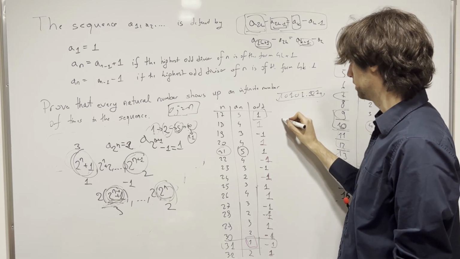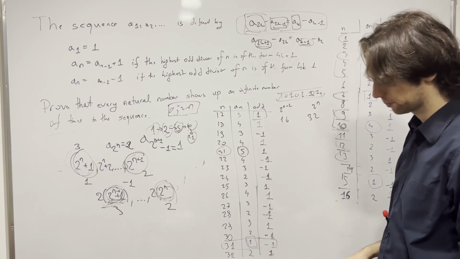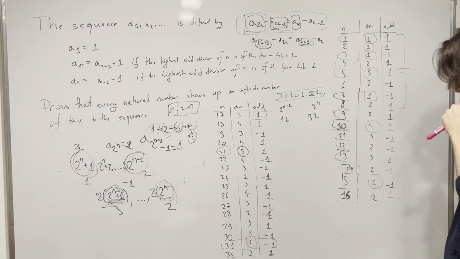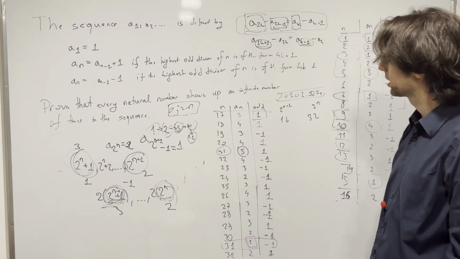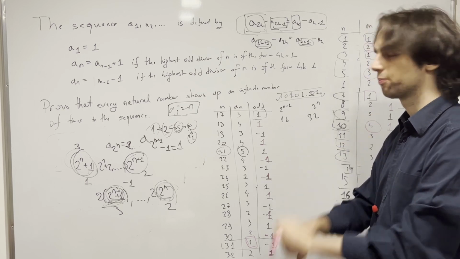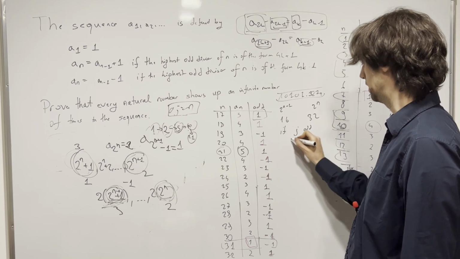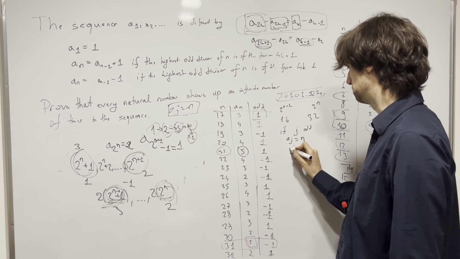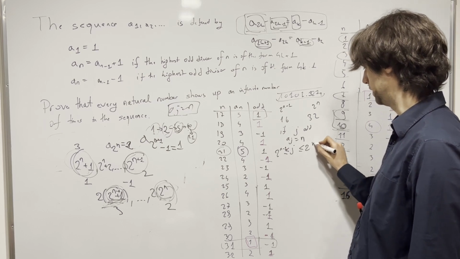So for 5, it's between 16 and 32, between 2 to the n minus 1 and 2 to the n. So it's the number in binary which has n digits. And that's actually a bit unfortunate for me because I don't want to deal with binaries here. But we can prove this also via induction. And we can say if j was odd, such that a_j is equal to n, and j was between 2 to the n minus 1 and 2 to the n,